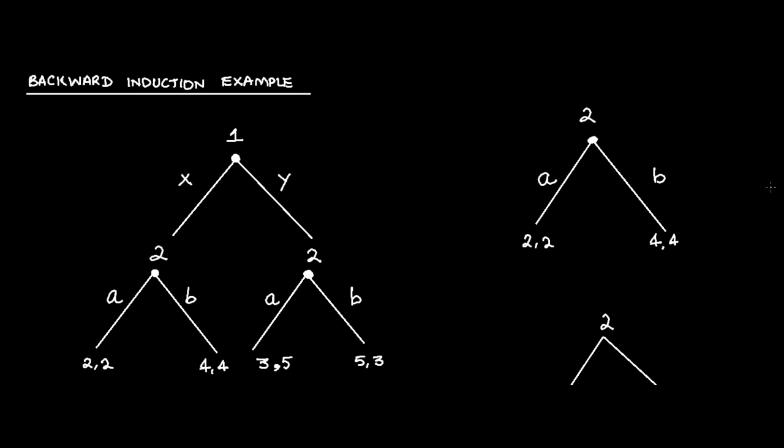Let us look at one more backward induction example. Now, in this game, there are two players, player 1 and player 2, as you could see. Player 1 has two choices, X or Y, and player 2 has four choices, AA, BB, AB, and BA. Player 1 is moving first, and then looking at what player 1 has chosen, player 2 has to